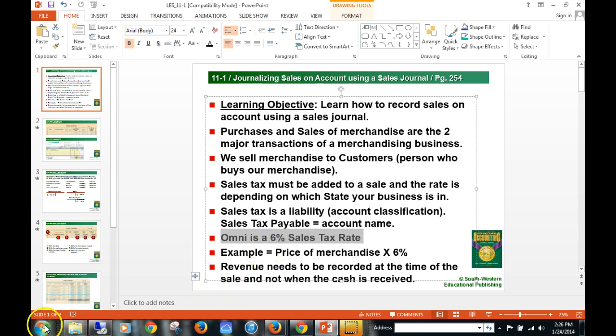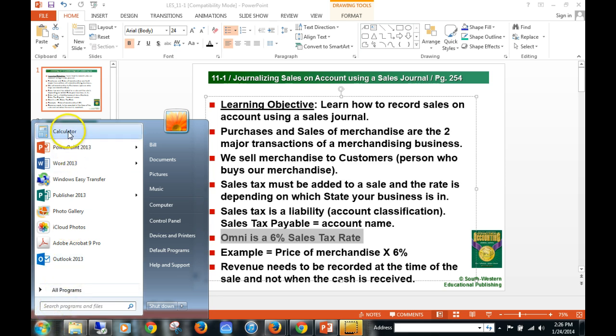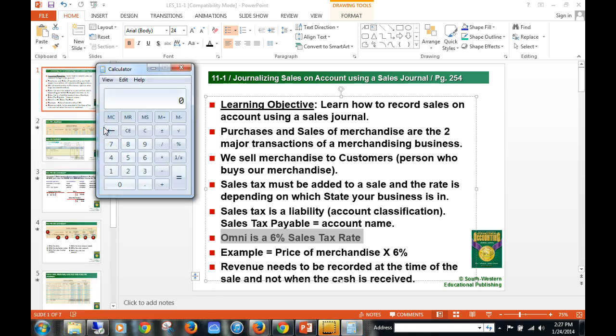So if we have, let me get my calculator out here. If we sell something to a customer of ours for $29.95, well, they're not going to pay $29.95. They need to pay the $29.95 plus the sales tax. So we're going to take the $29.95 and we're going to multiply that by 0.06 or 6%,